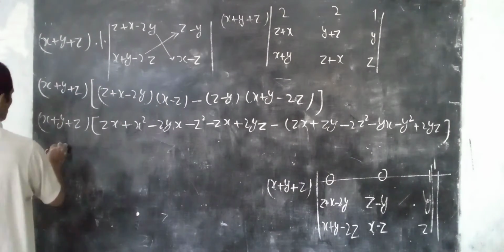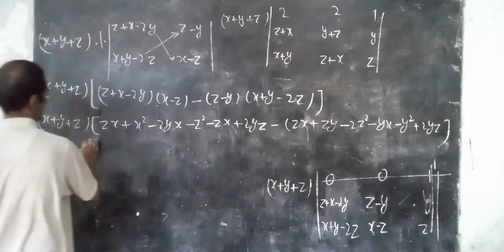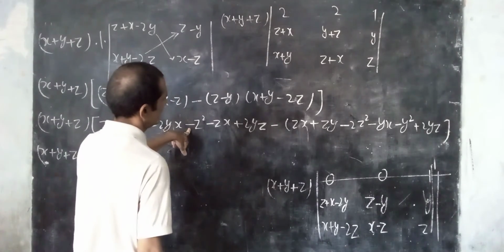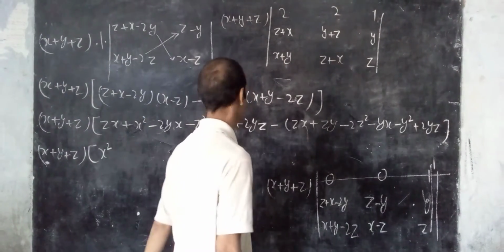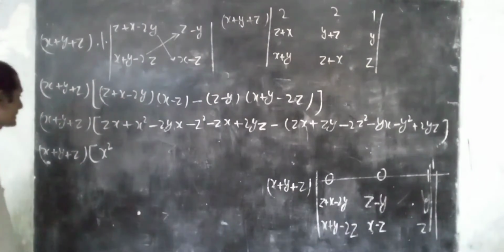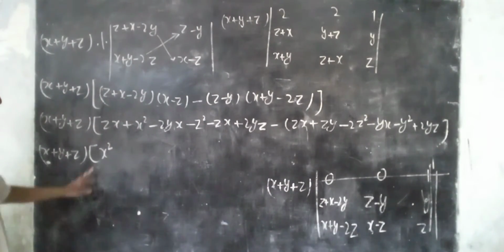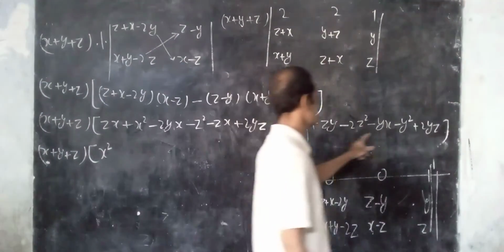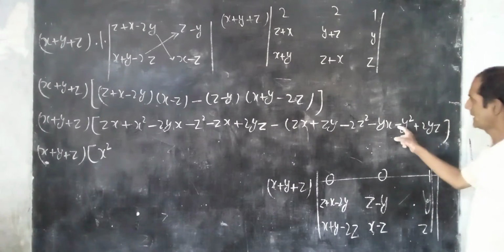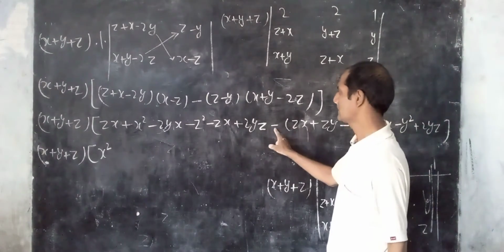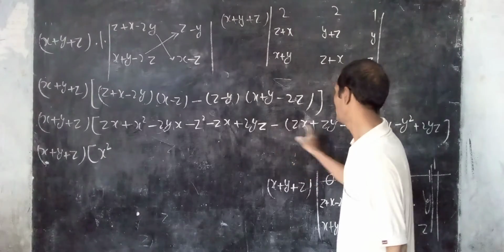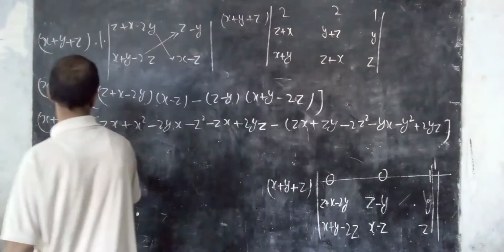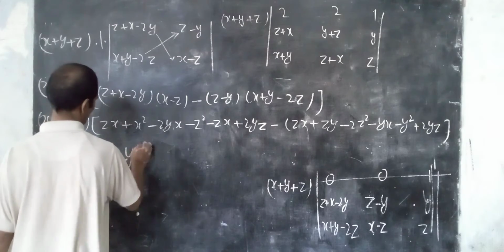x plus y plus z, x square minus z square, and first write y square. Write in order: x, then y, then z. Start with x square. Now find the terms of y square. The term of y square is this. This is negative, but this negative becomes positive after multiplication. When you open the bracket, this negative becomes positive. So the term of y becomes positive y square.